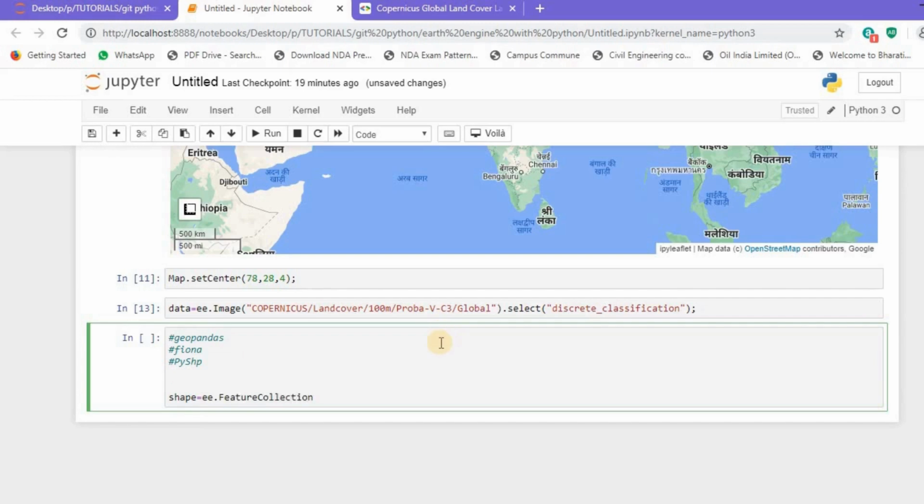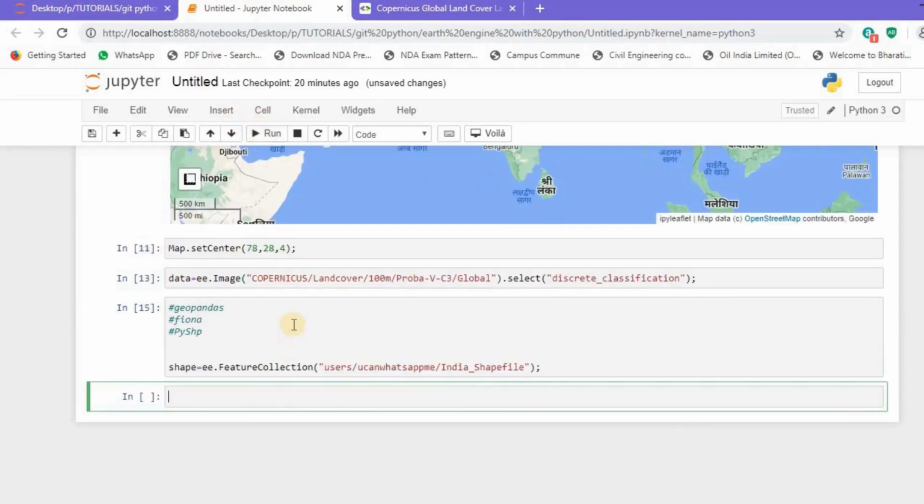That's it. So I'll just pass my path to the shapefile. You can find this path in the description section if you want to use the same shapefile, and you can use the same function in order to import the shapefile. You do not require to install GeoPandas or Fiona or PyShape. You can just make use of this particular line of code and terminate it using a semicolon, and let's hit the run button. Now we are good to go.